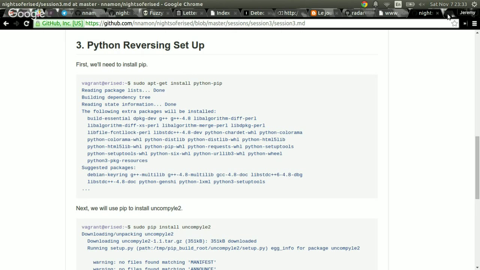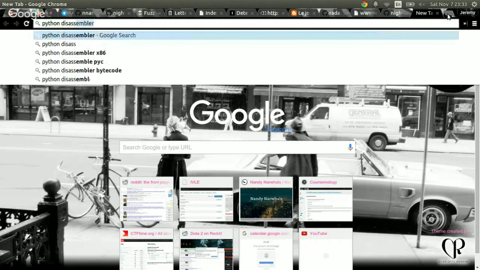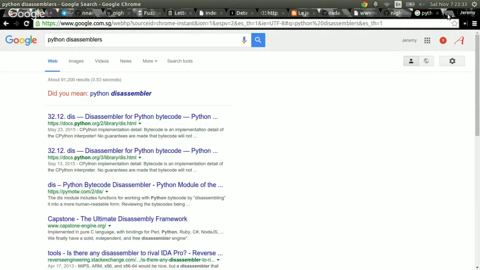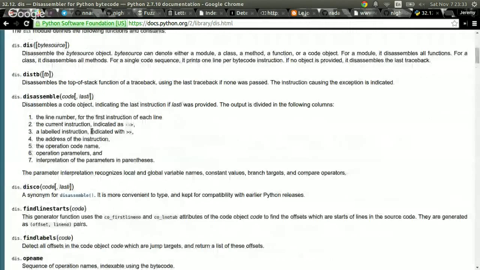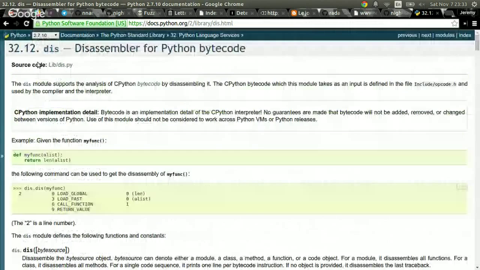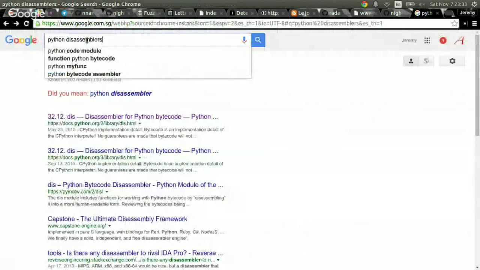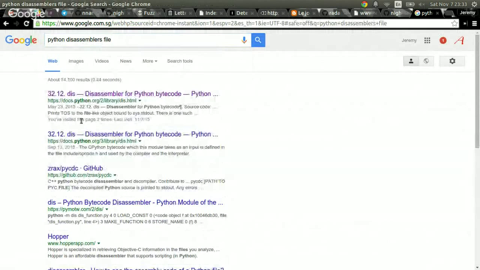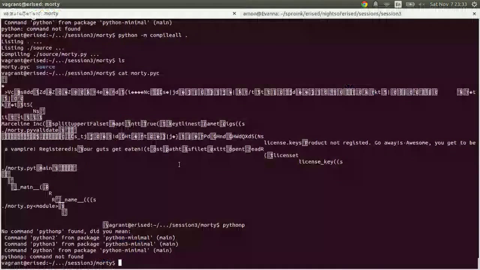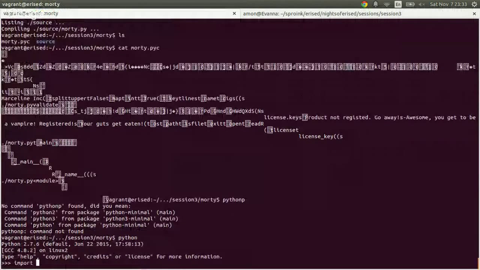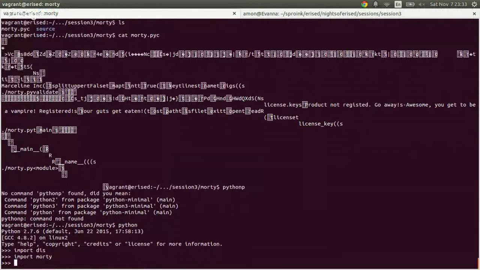Okay, if we dig and look for Python disassemblers, we actually find that Python has a disassembler built in. So if we try to disassemble a file, let's see. Yeah, I think we can do this. Python, import dis, import Morty, dis dot